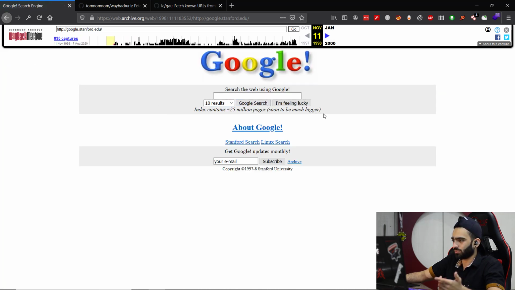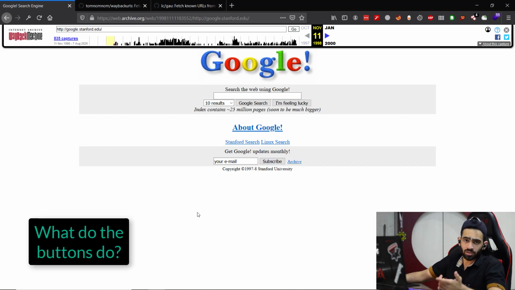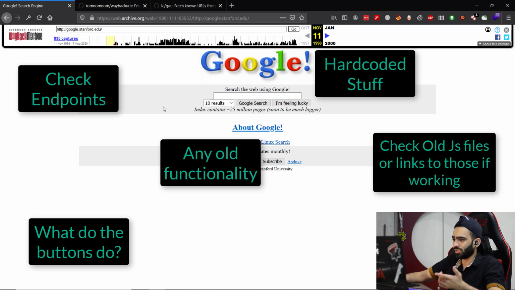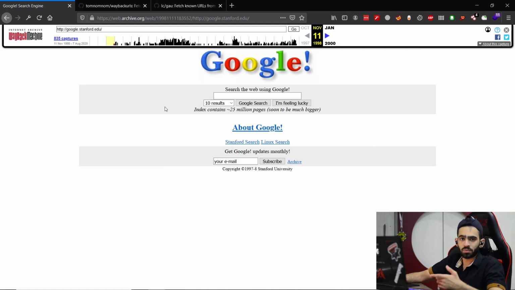See, you have all these buttons. There might be some buttons, the subscribe button is not available anymore. You can try looking at what buttons were being used, what endpoints were being called, what JavaScript files were being used, anything like that. And this was Wayback Machine. Now this is just to give you a visual idea or get some files for any particular domain or a subdomain, one at a time.